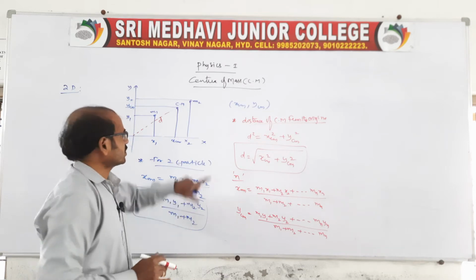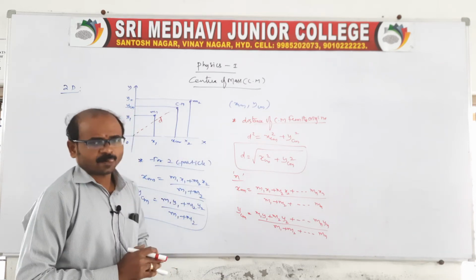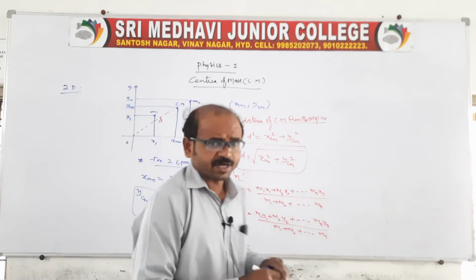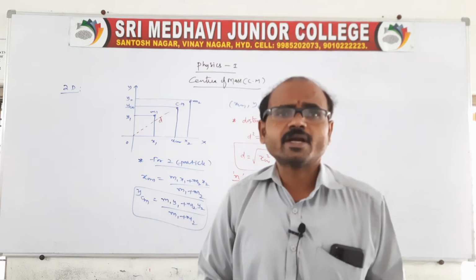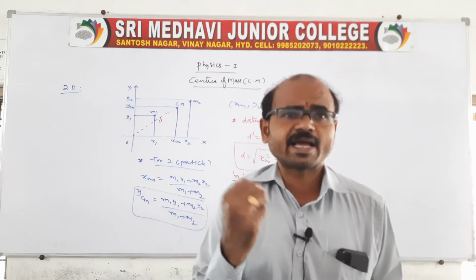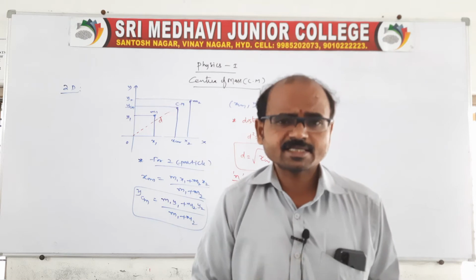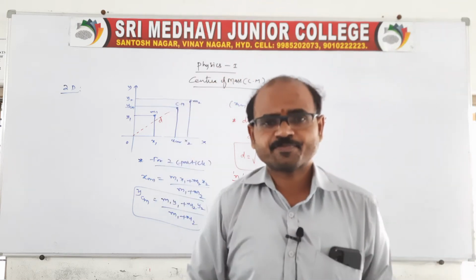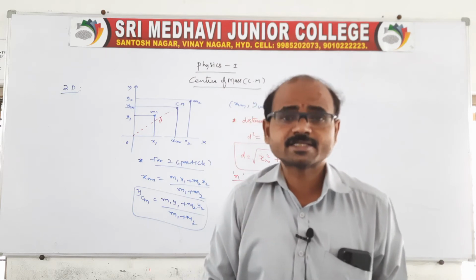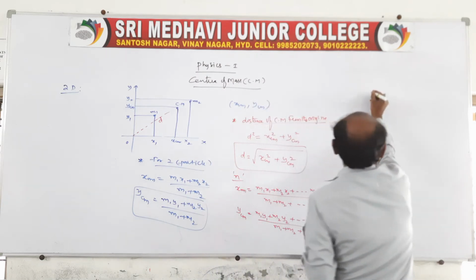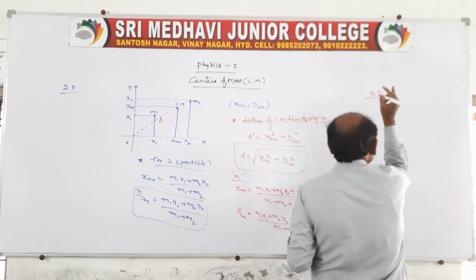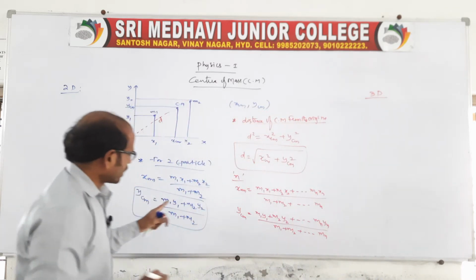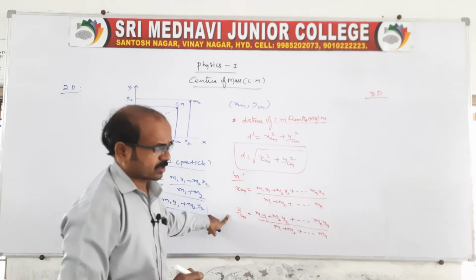It is in case of a what? In case of a two-dimensional plane. Sir, suppose in case of three dimensions, what will happen? Three-dimension is nothing but it consists of three axes: one is the x-axis, one is the y-axis, another one is the z-axis. That is in space. We can say a three-dimensional plane in the sense is a space. So three-dimension is very simple. We should write the three coordinates: one is the x-coordinate, one is the y-coordinate and one more is the z-coordinate.